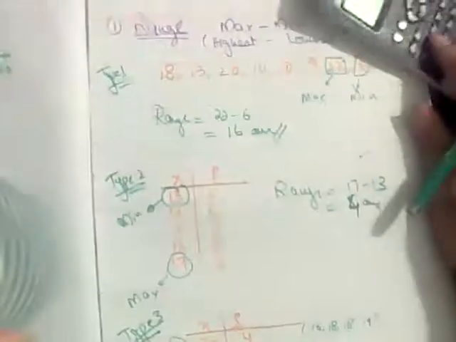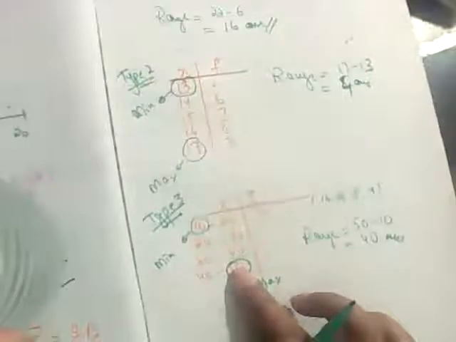17 minus 13, 13, 14, 15, 16, 17. Yes, absolutely right, this is 4. Calculation mistake. And how to find out the range, I have done the first method: how to find out the range of simple data, ungrouped data, and grouped data. All right, so next is